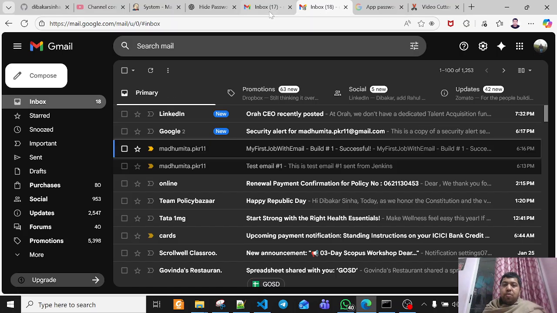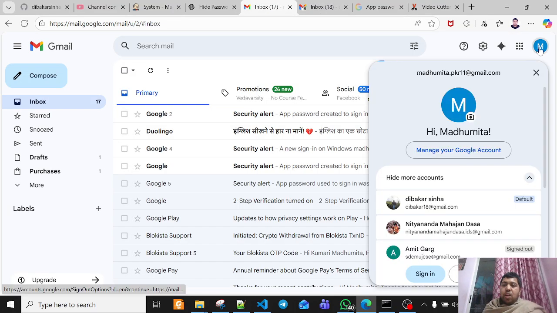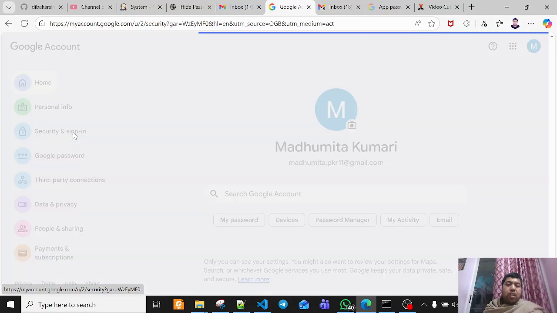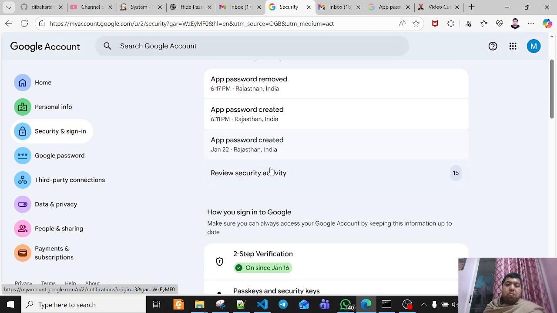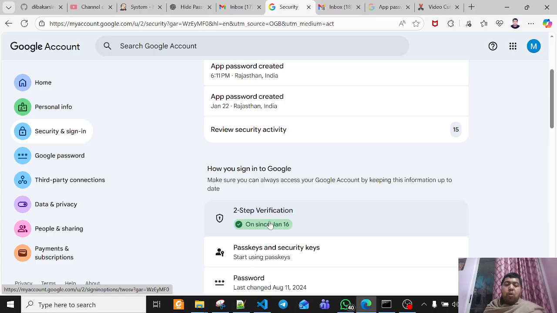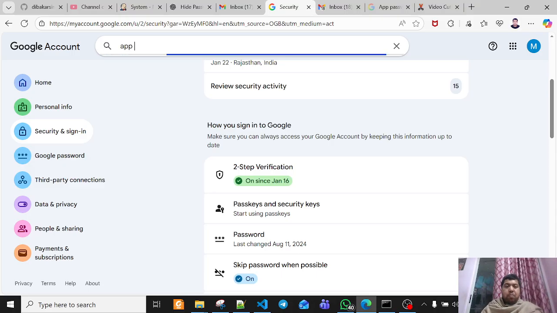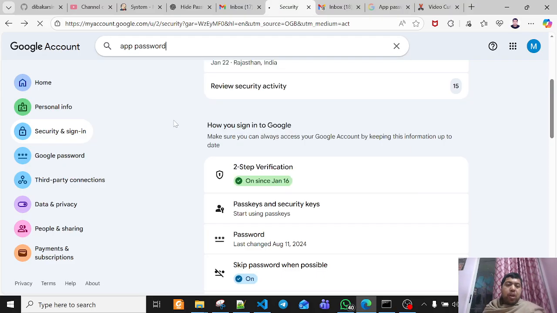You go to the account and then go to manage Google account, then security and sign in. Usually your two-step verification will be off, so you need to turn it on. For that you need to provide your mobile number and some other details. They will verify you by sending a notification to your mobile, and then your two-step verification will be on. After two-step verification, you can go and type app password, and go to app password,